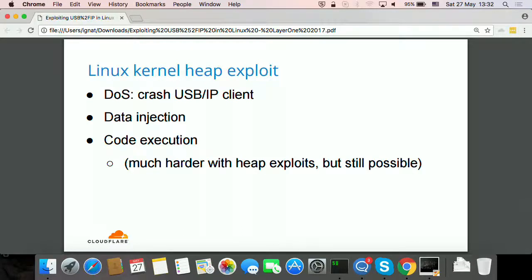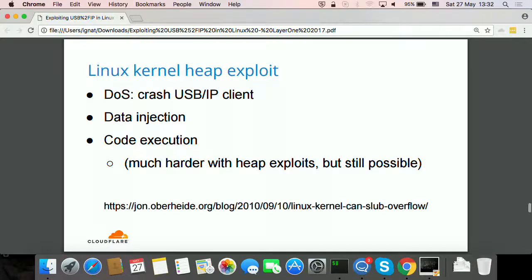I will not, but remember that this is a heap exploit. Code execution, when you have a buffer overflow in the stack, is kind of easy. You just write past the buffer, you try to override the return address, and you get your code execution. Since the heap memory is kind of a random thing, it's much harder to do code execution when you have a heap exploit, and I will not describe in detail how to do that, but instead I will just refer